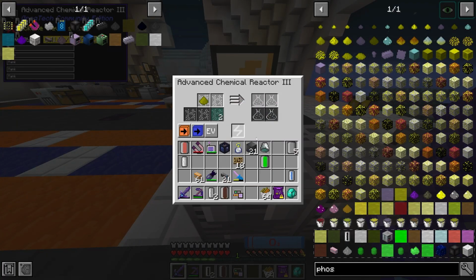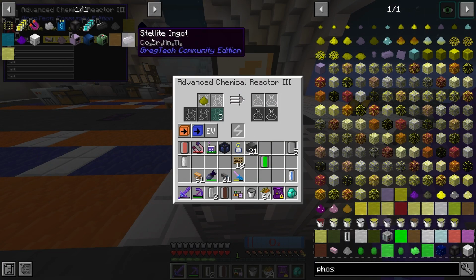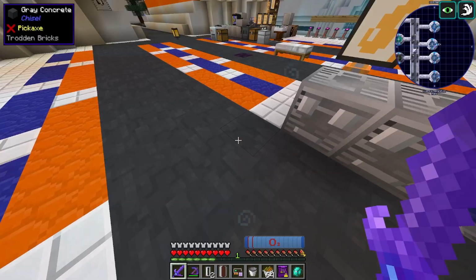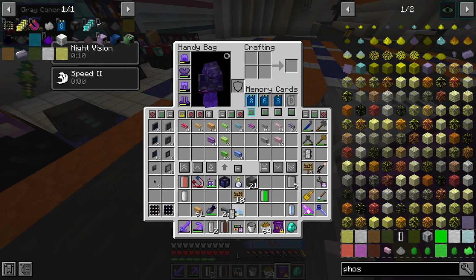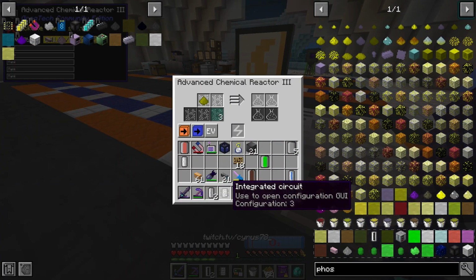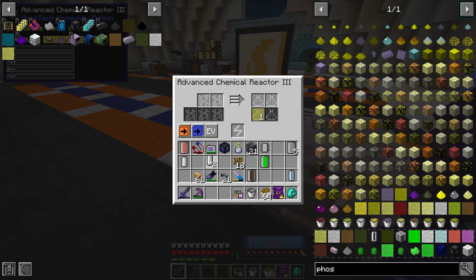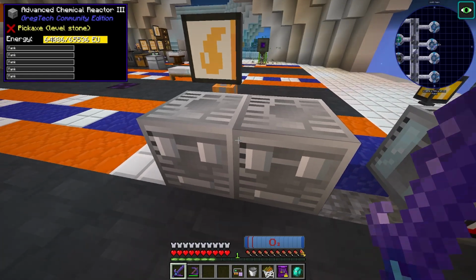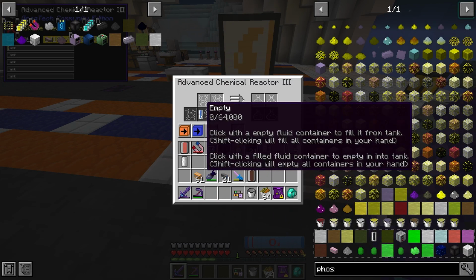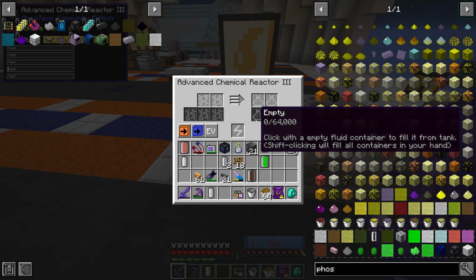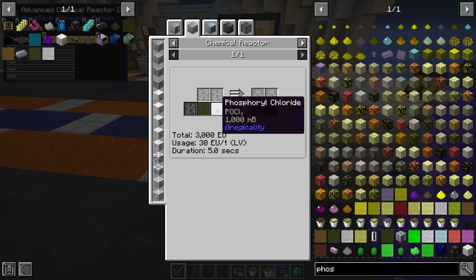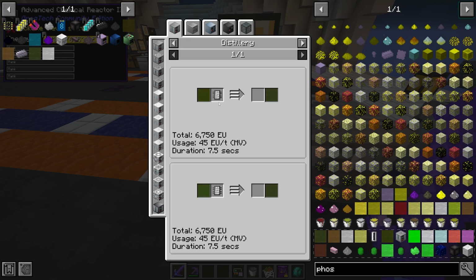So that and a circuit of 3. Bam. Phosphorus trichloride with oxygen gives us this phosphoryl chloride. And that mixed with 3 buckets of butanol. So